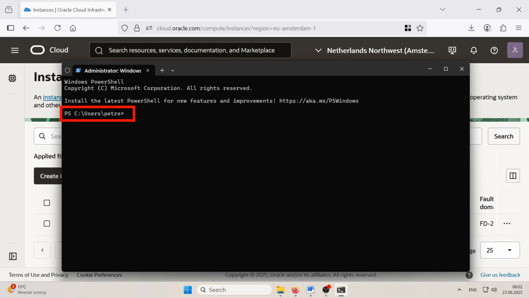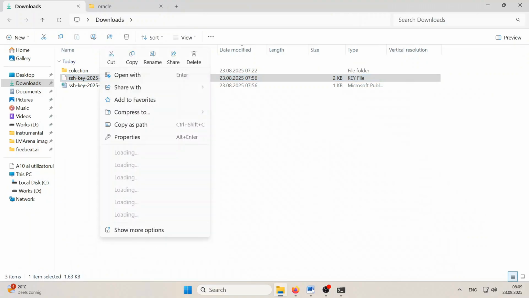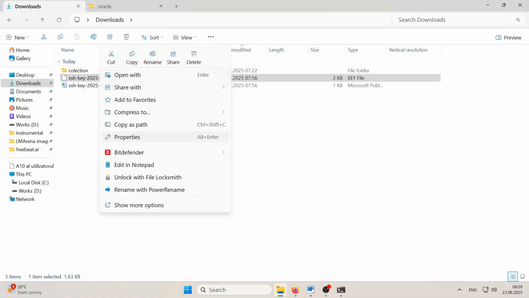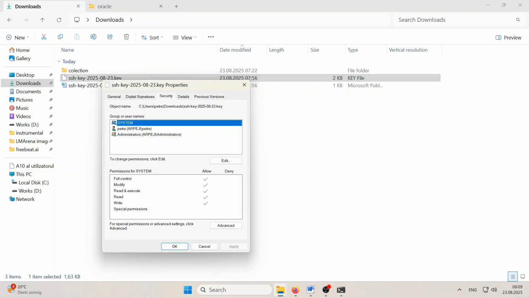The PS comes from PowerShell in Windows terminology. It is a powerful command line tool that you will use often. Remember where the SSH private key is located, in this case, the Downloads folder. Now go to the folder where you stored the SSH private key. Right-click on it, Properties, go to the Security tab, where you will find more than one user that has permissions